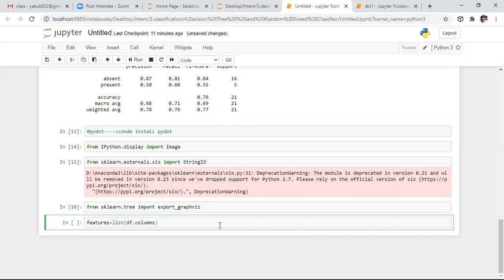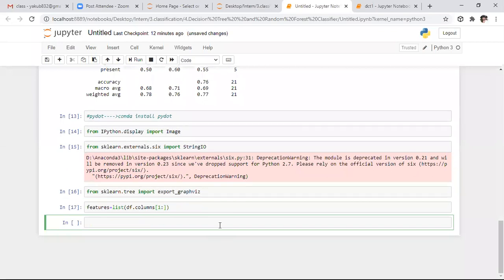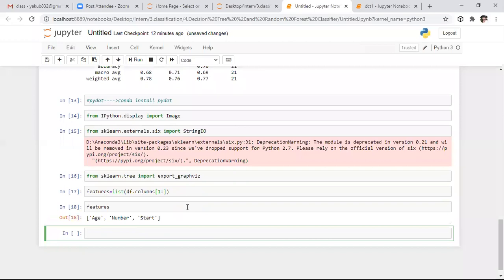So here the first column is our output column, right? For that purpose, I'm not considering the first column. Here I'm considering all the other columns as input. So here I want to see features. To predict the outcome, we are considering these features only.